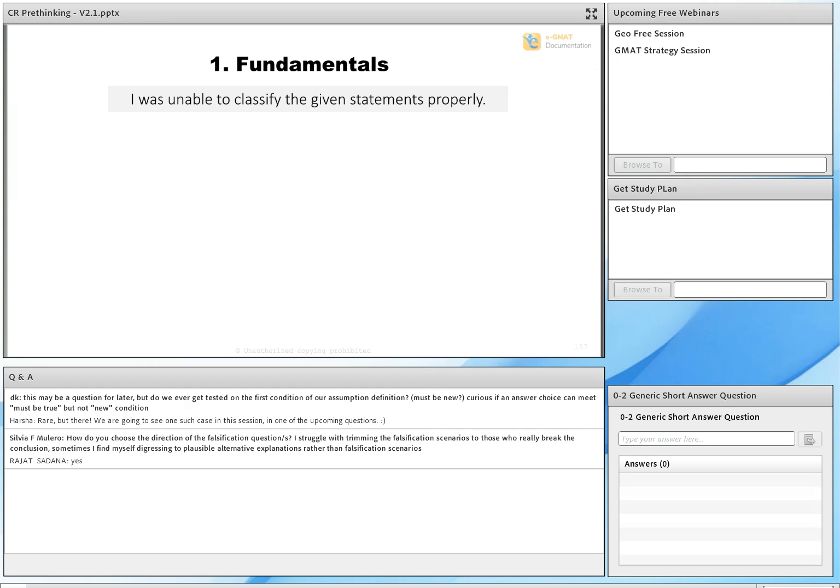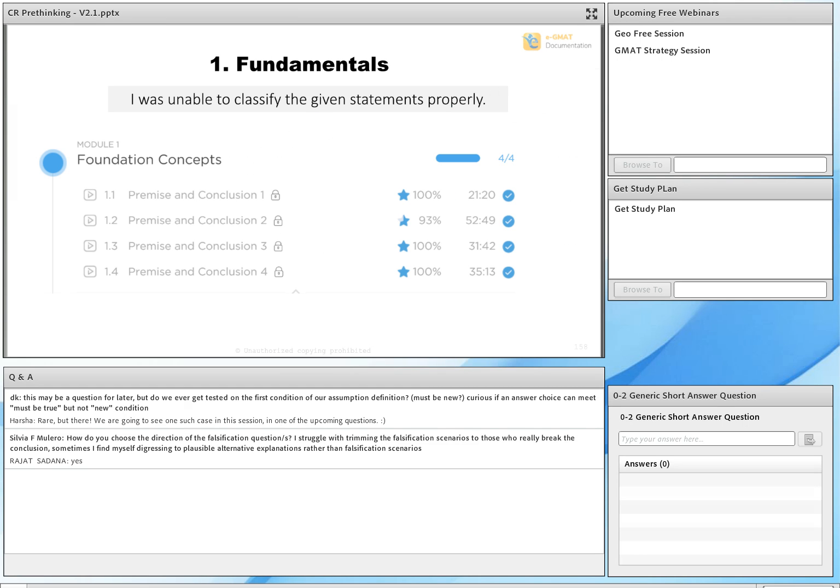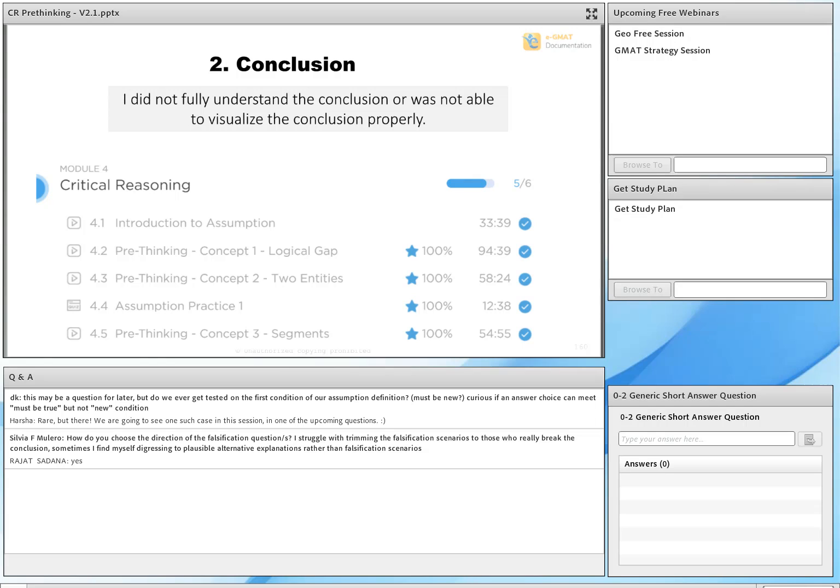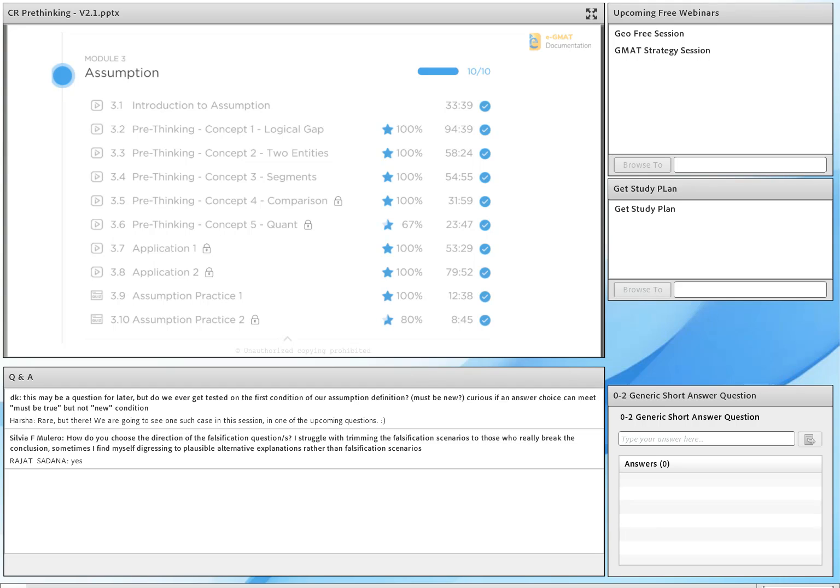When it comes to hard questions, every question where you make a mistake is an opportunity to learn. Okay. So fundamentals. First, go learn the fundamentals in the premise and conclusion files. Then go through these lessons on introduction to assumption, pre-thinking, logical gap, and 2 entities. I think we have segments as well for a short duration. Make sure you go solve those. There are some really interesting practice questions here. Practice those. This is a part of your free trial. If you're a paid student, make sure you go towards comparisons, quant, go through the application files, and the practice files. Really important that we get this done, because